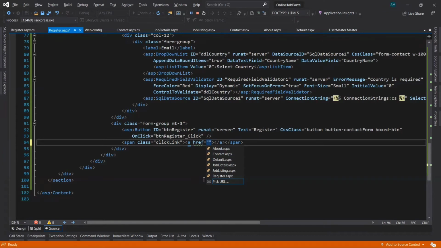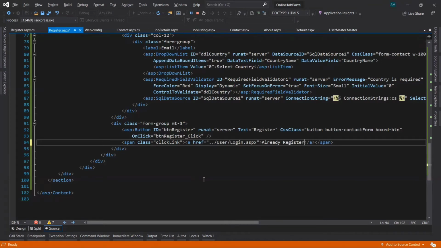Right now we don't have any page for that, that is the login page. So afterward we're going to take, inside our user folder, a page named login.aspx.